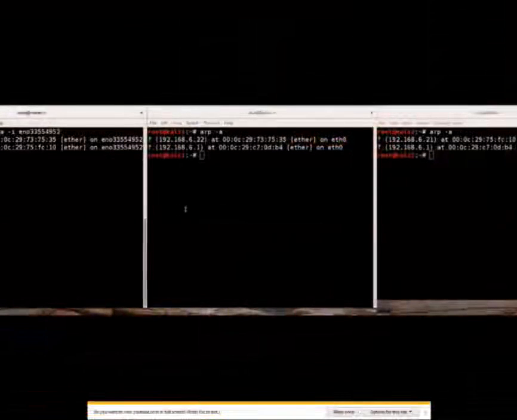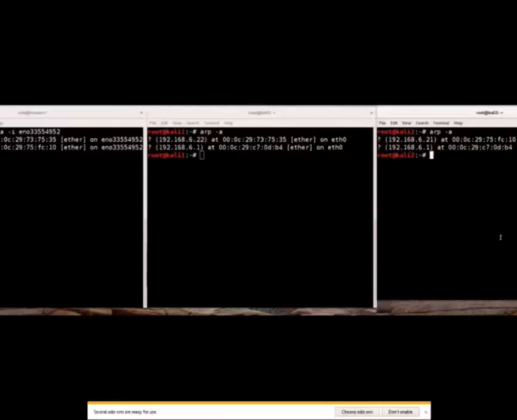Okay, so this is just a demo of what we did. On the left-hand screen is the router or the default gateway. In the center is the target machine, and on the right is the attacking machine. On each of them, we have the ARP cache displayed, and you can see the IP address of the attacker and the target over on the default gateway, and you can see the MAC address displayed with it, showing each